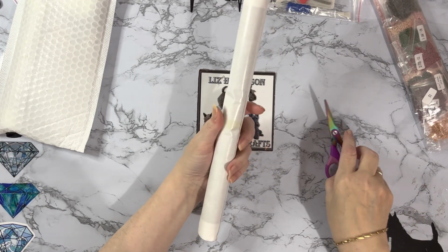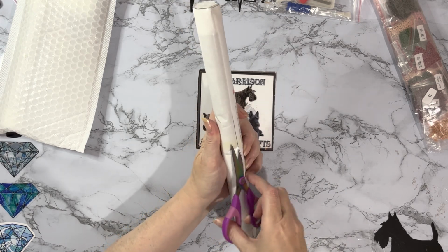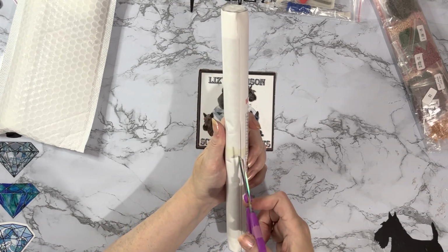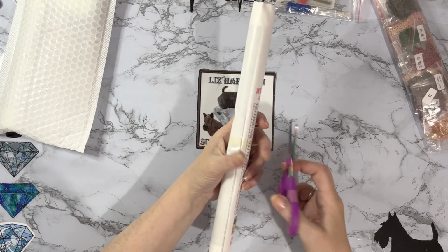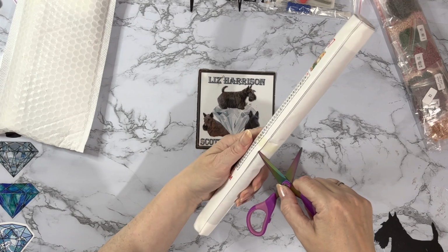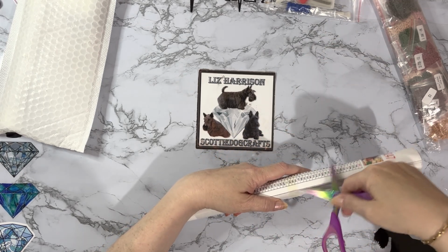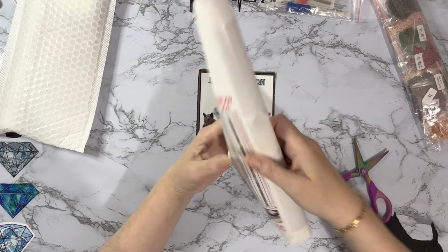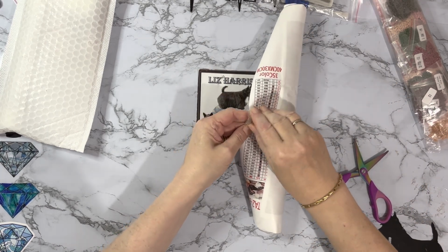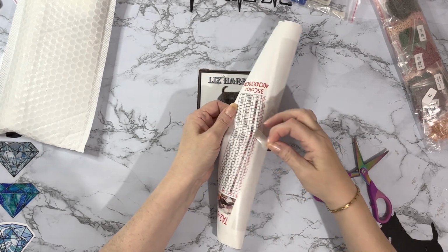And there is a lot of static on the plastic. It has got rather battered. Mind you, judging by the state of those tweezers, it has got quite battered. If tweezers are getting battered and all squished, then you can imagine the canvas is going to be a little bit, but that's when they just come in the little plastic bags. I mean, they're in their own little jiffy bags, but